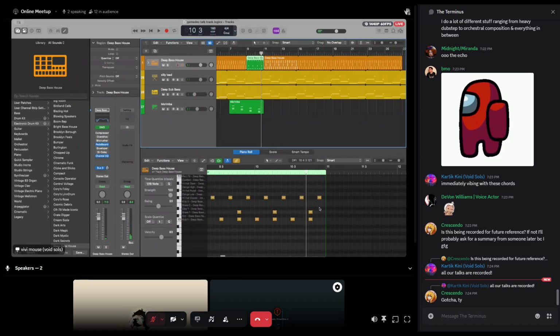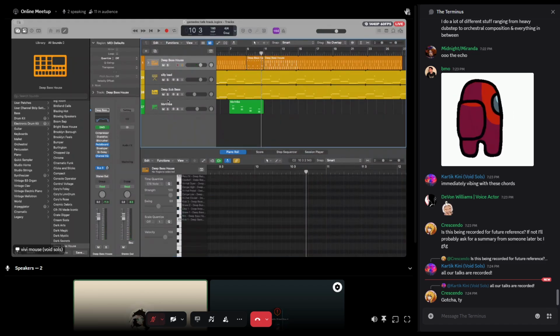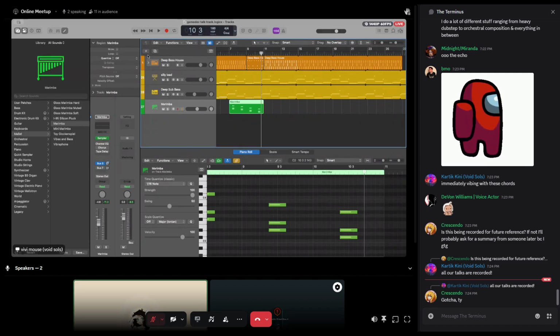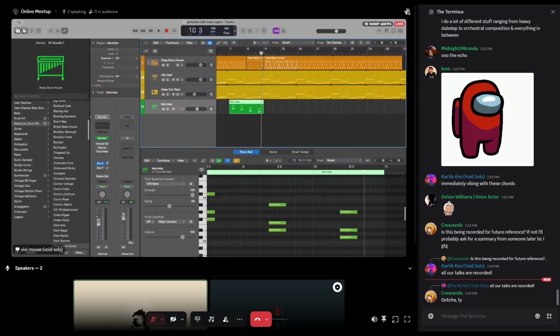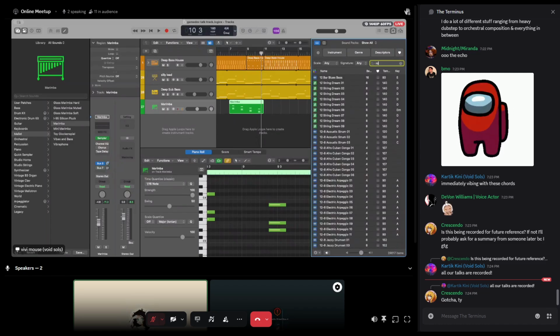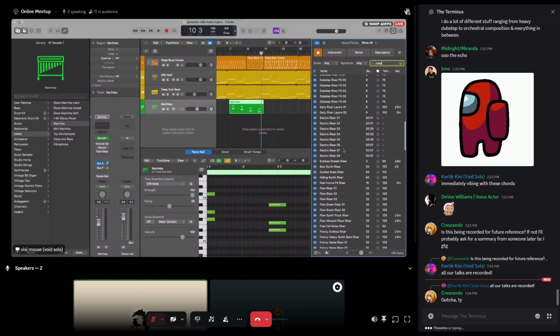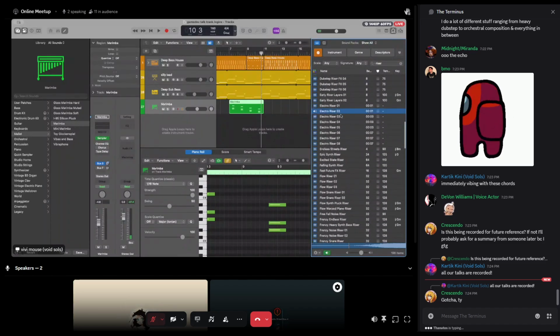So, like a little amateurish little fill. I'll add a... I don't really know what people usually do for like a riser type effect. There's some that are just around in like the loop list thing that I'll just grab every once in a while.